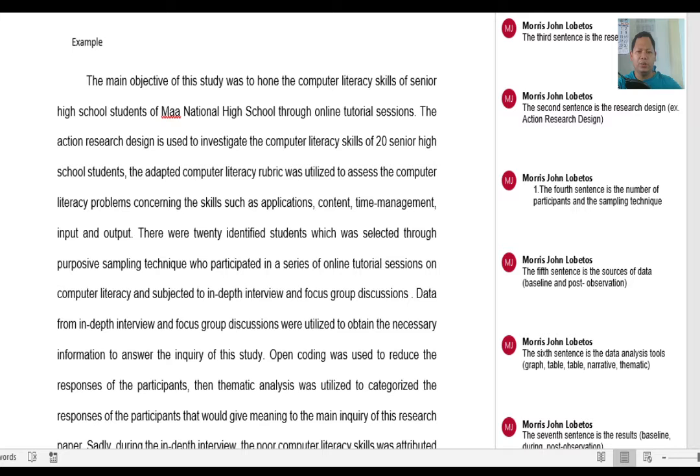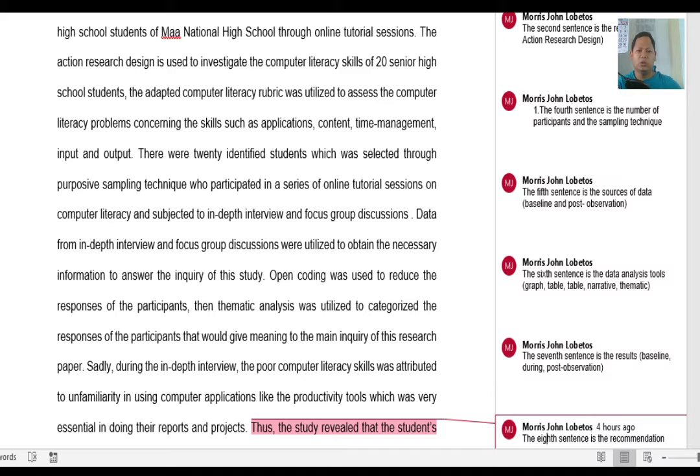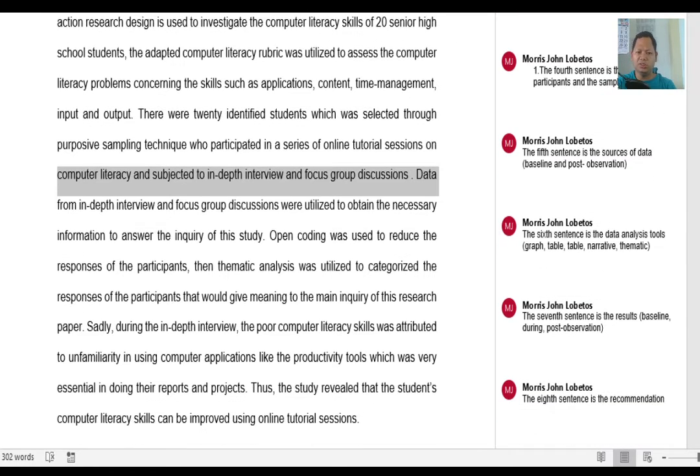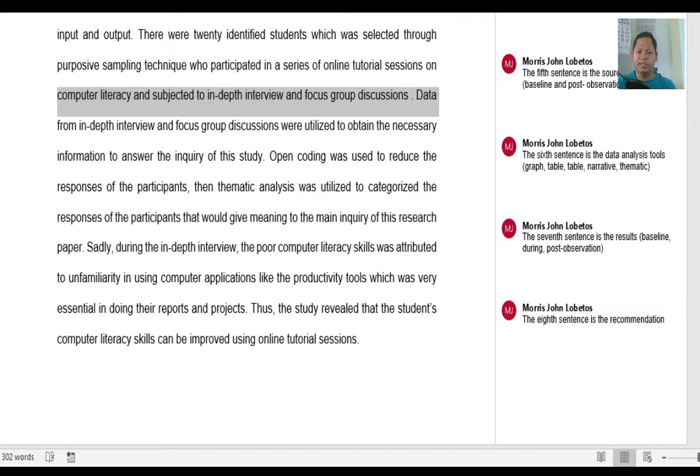There were 20 identified students, selected through purposive sampling technique, who participated in a series of online tutorial sessions on computer literacy and were subjected to in-depth interviews and focus group discussions. Data from the in-depth interviews and focus group discussions were utilized to obtain the necessary information to answer the inquiry of the study. Open coding was used to reduce the responses of the participants. Then thematic analysis was utilized to categorize the responses of the participants that would give meaning to the main inquiry